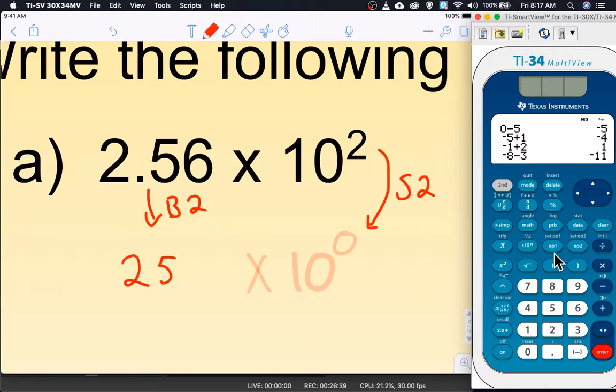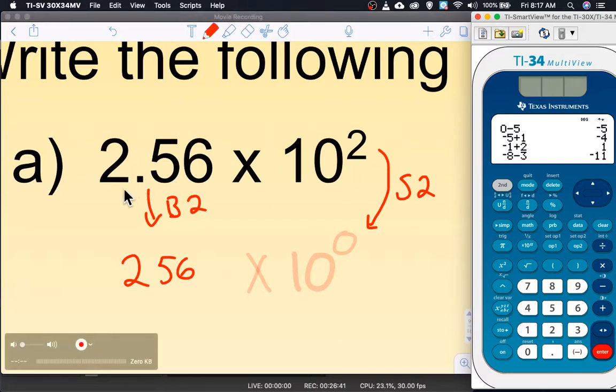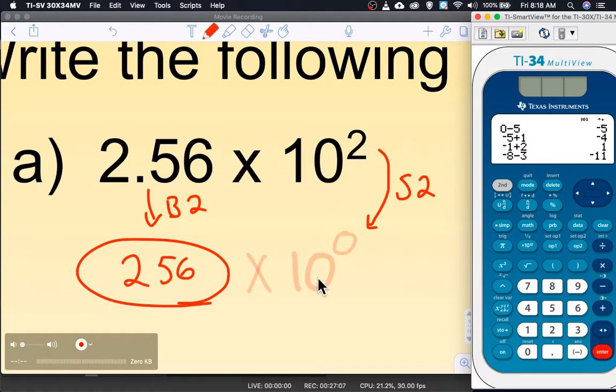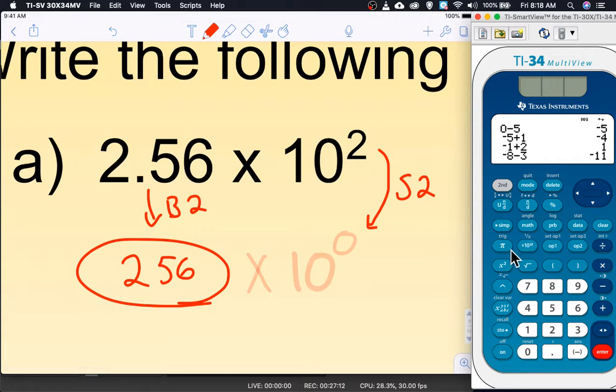So what is this number bigger? Well, if I move the decimal this way, it's going to make the value smaller. It's going to be like 0.002. We don't want that. If I move the decimal this way 2 places, I get 256. That's bigger by 2 decimal places. This is my number in standard form. I got rid of my power of 10. He is all gone. When I move my decimal to make that all happen, I got the number 256,